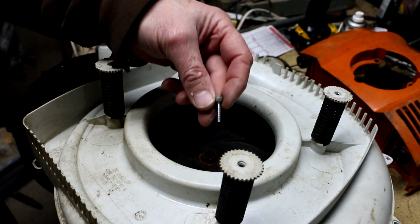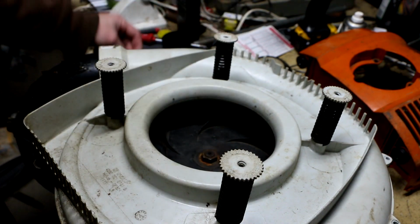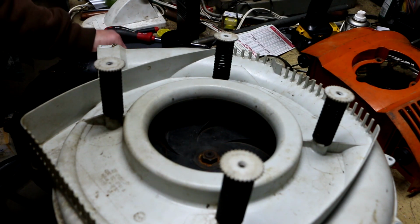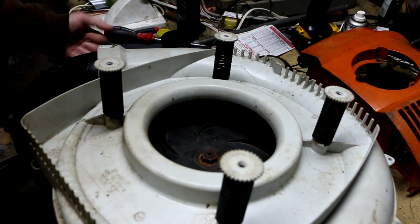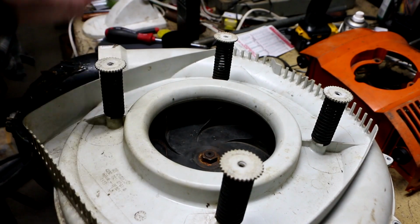So I was like, okay. And longer ones. Remember I said that these seem too short? So I just was looking here, and sure enough, way back when, last time I was working on this, I took this thing apart, and lo and behold, I found another container of screws. And I found more of these, which are probably my missing ones for the fan shroud here,